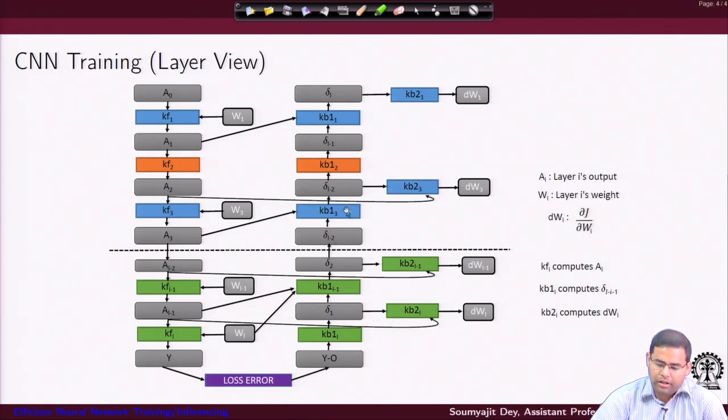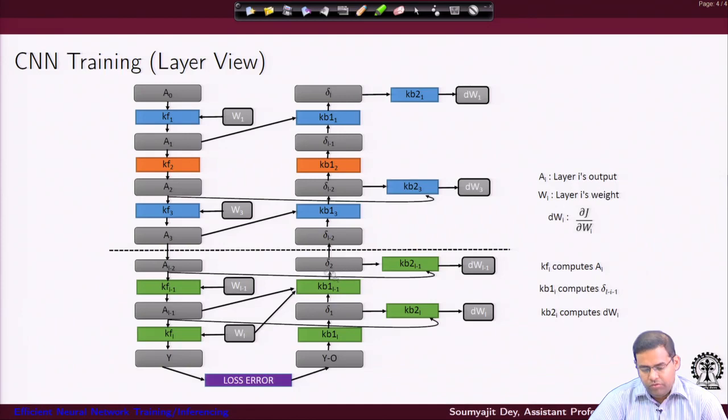And then I come back to the different pooling layers, right, where again I will be computing this in the backward pass, and I keep on computing KB1, KB3, KB1, 2 like that to get all the delta values here, right. So, we are trying to show a task graph view of these different kernels that are going to perform these data transformations for the convolution layer, for the pooling layer and for the fully connected layer like that, right.